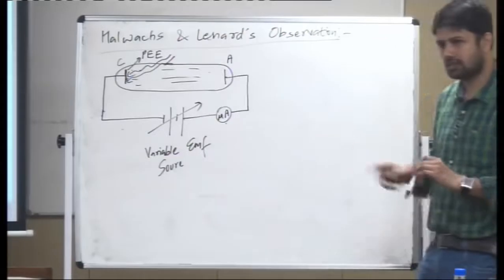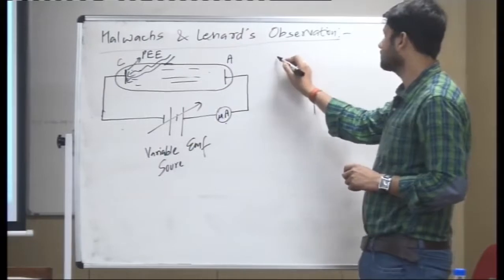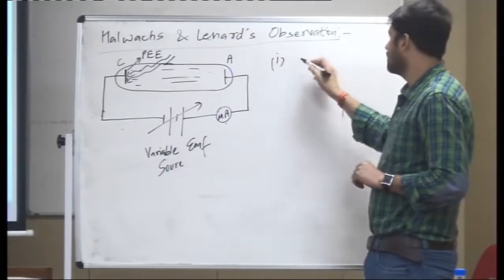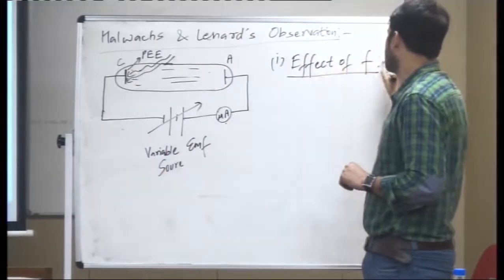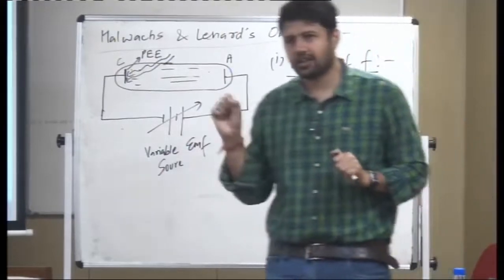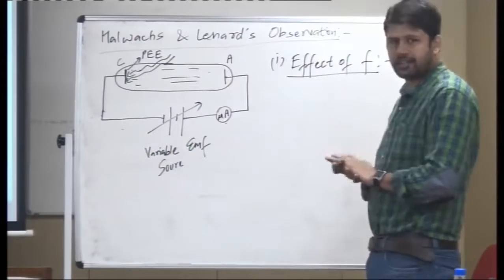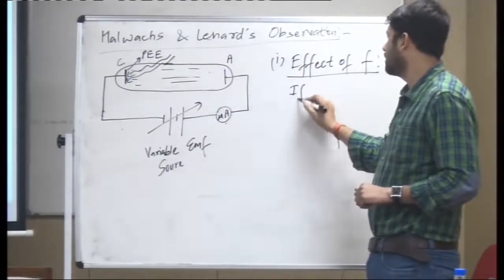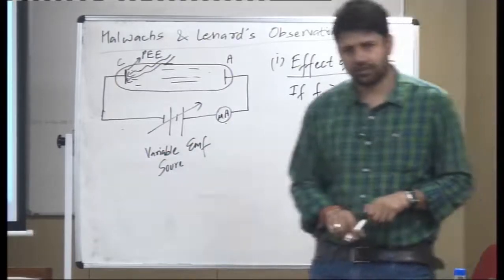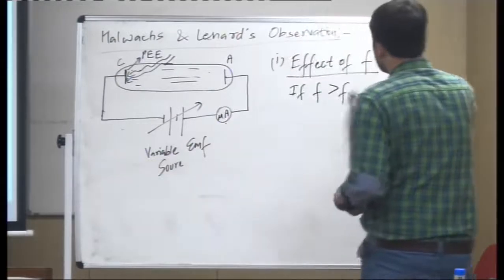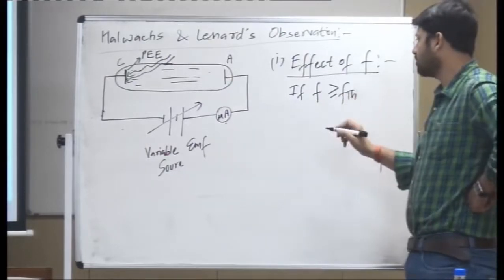Shall we start? So the observations were this. First one, the effect of frequency. I will write in a shorthand format so that it doesn't become cumbersome. If frequency was more than the minimum frequency, what is the minimum frequency called? Threshold frequency. So we will use the term threshold frequency, ν_TH. If frequency was more than or equal to threshold frequency,